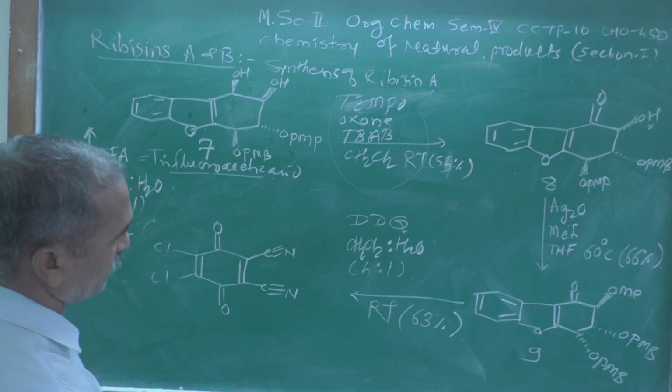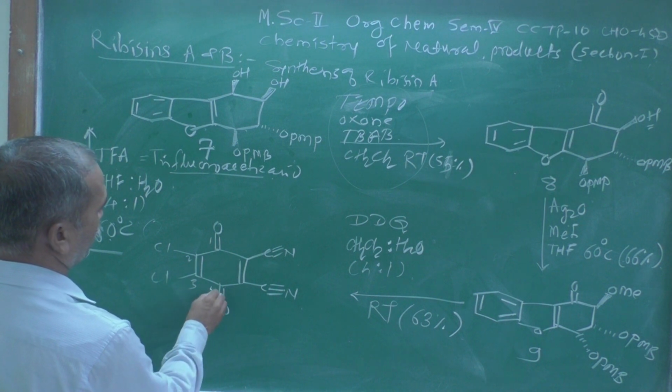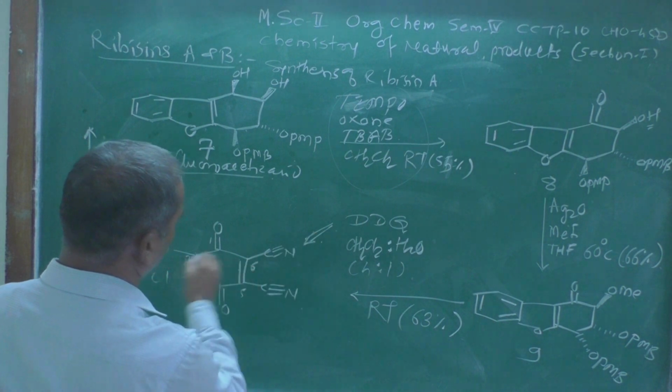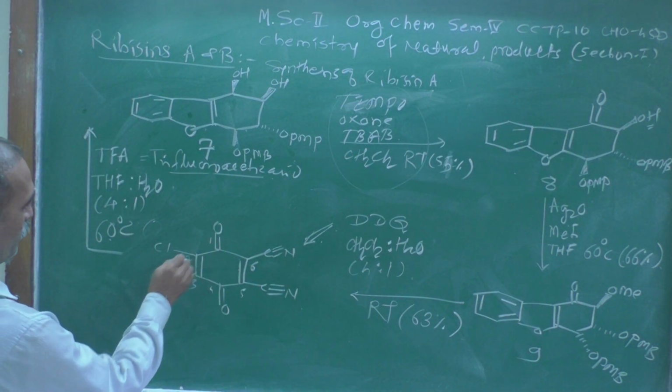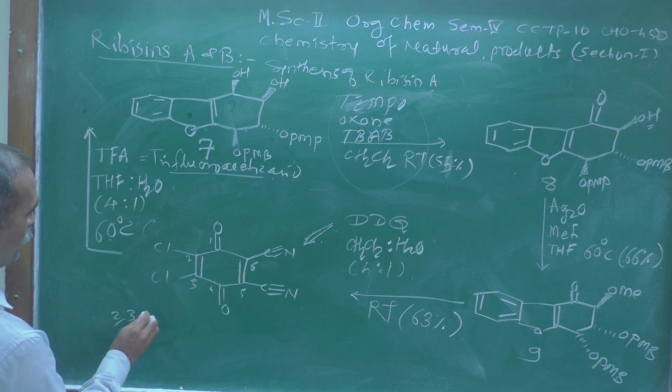If you give the numbering 1, 2, 3, 4, 5, 6, this is the structure. DDQ means, if you see, at the 2 position chlorine and at the 3 position,